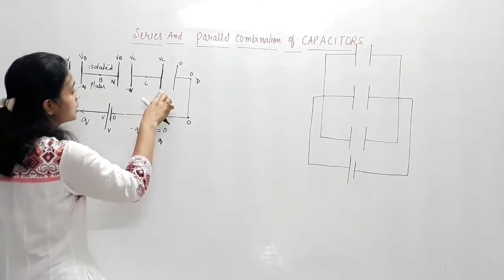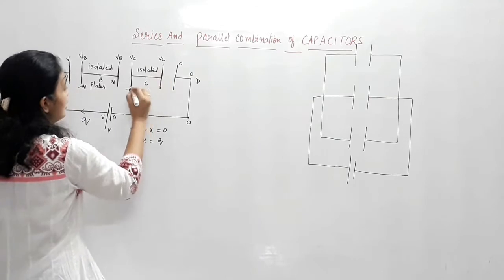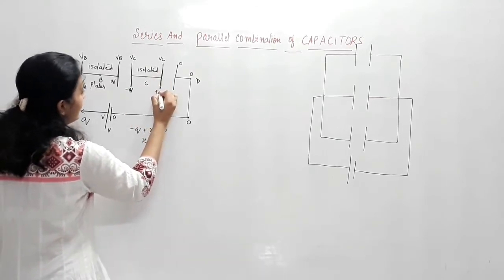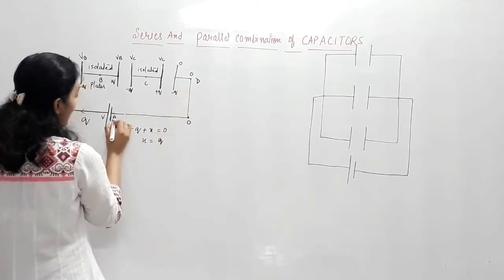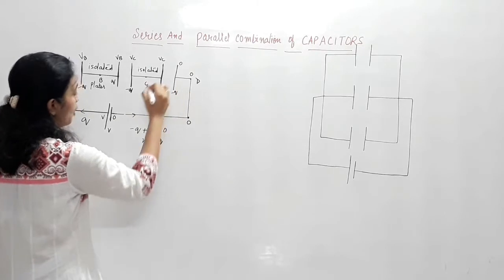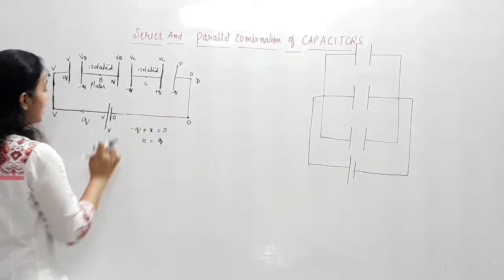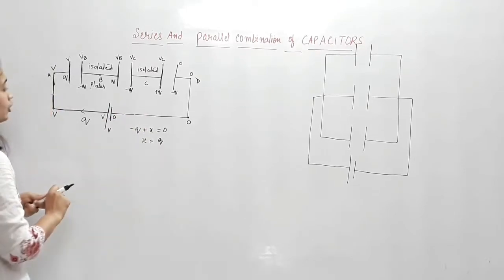Again this plate and this plate, they are again isolated. Hence the sum of the charges on these two should be 0. From that you get it is having plus Q charge, and this by induction minus Q, and the minus Q is getting supplied from the other side of the negative pole, or you can say the negative pole is supplying minus Q charge to the plate of the capacitor.